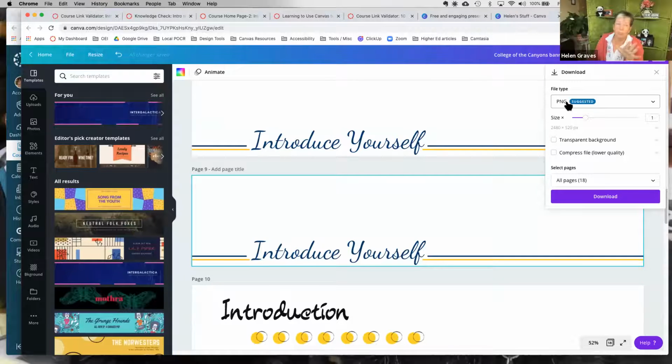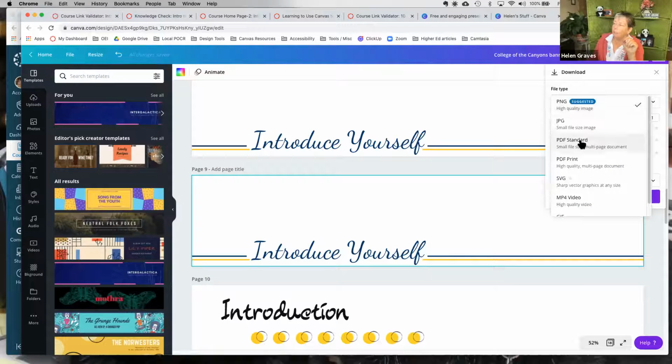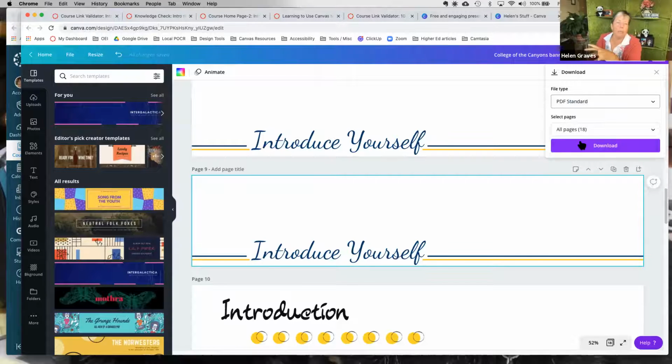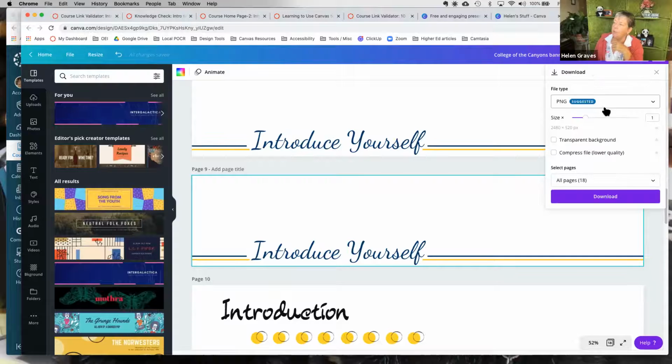One tip, you may not remember it, but you'll learn it the hard way if you don't. Sometimes by default, it will download as a PDF. You don't want your images to be PDFs because you can't use them as an image in your course. It will think it's an actual PDF file and it won't display the way the image would. So you have to make sure you're choosing PNG, because then I have the option of a transparent background. I don't need that for a banner, but if I'm doing a little icon or something, I want the rest of it transparent, so it's just the icon that I can then put on the page exactly where I want it to be.